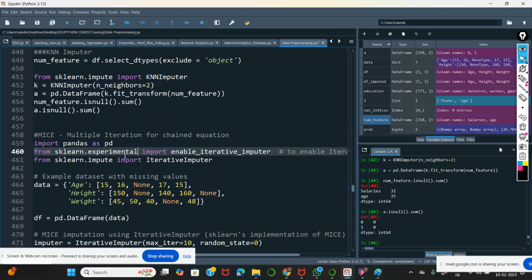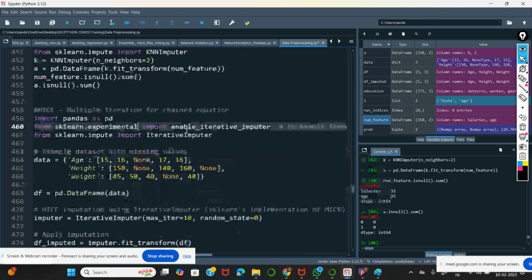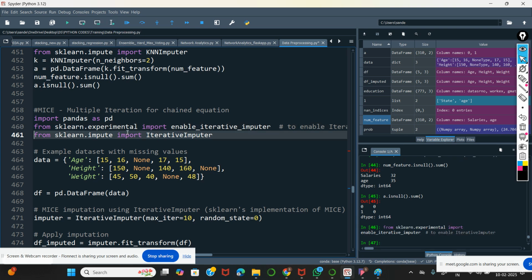Okay, the experimental is the module. Previously we had seen impute, now we are going to have something called experimental. Look at the function: enable iterative imputer. Enable iterative imputer is the function that you have to use. So we use from sklearn.impute import IterativeImputer. IterativeImputer is the function that will be helpful for you